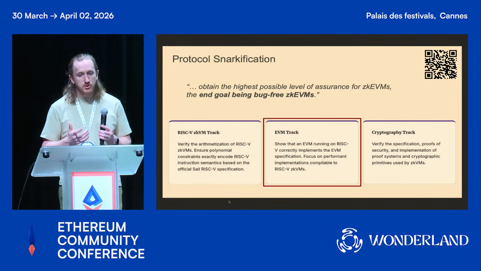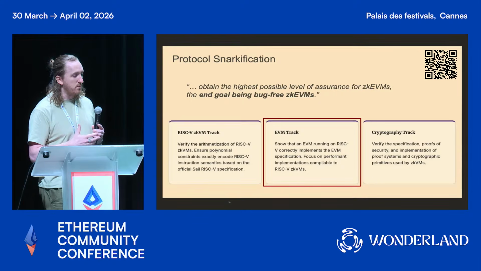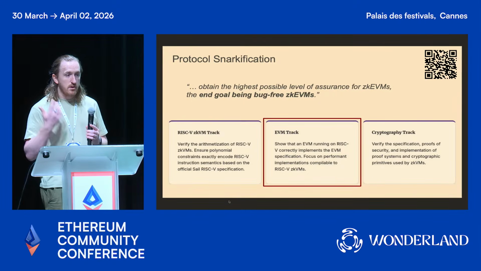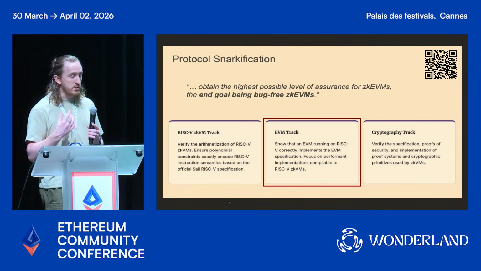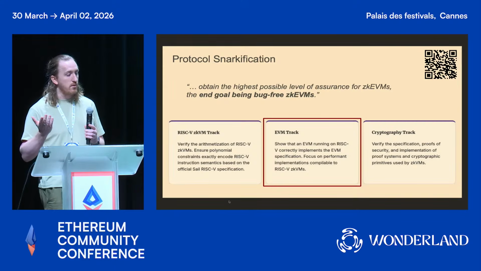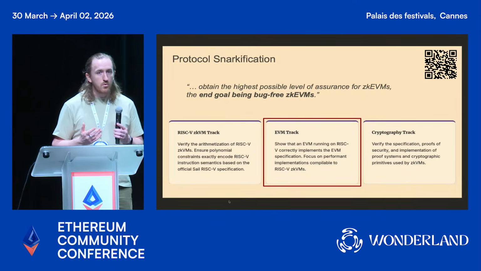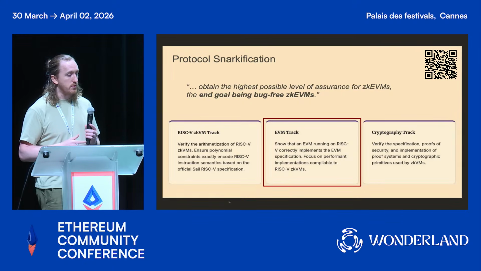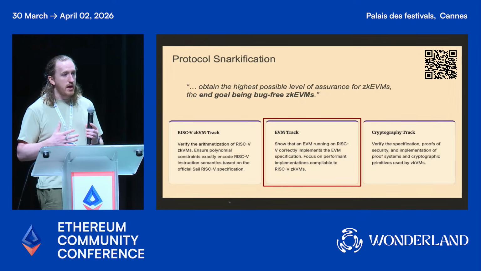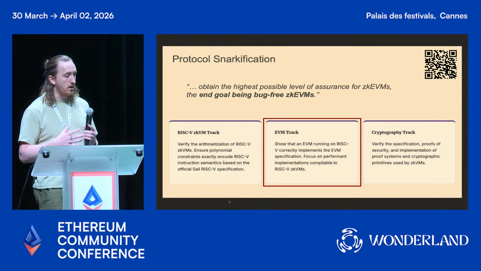We have managed to prove, and by we I mean a collaborator, Runtime Verification, has managed to prove that Reth, the RISC-V code that Reth produces, is formally equivalent to a formal model of the EVM called KEVM, which is one of the first and oldest and most storied formal models. So that is a proof of correctness. There are some caveats here and a lot of work to be done.